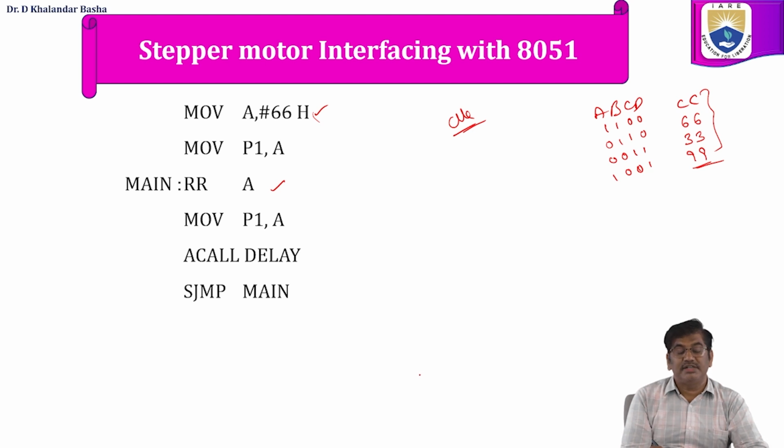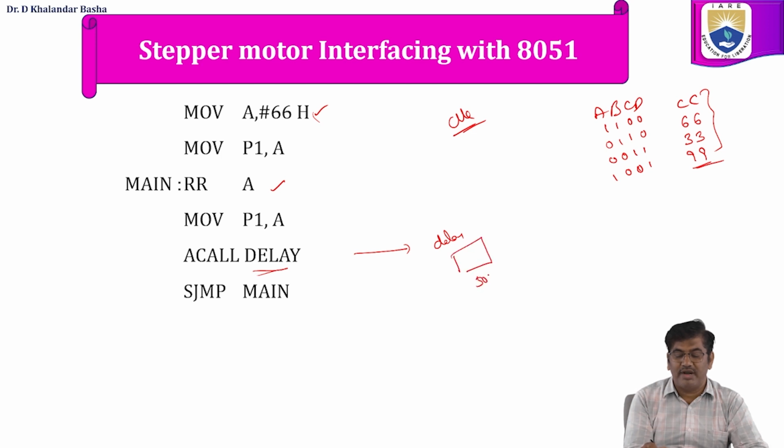The accumulator contents, which is 66, will be rotated towards the right side by 1 bit. After rotation, we are going to send the accumulator content again to port 1. After each and every clock pulse, we are going to provide some delay. So for a delay subroutine call, we use the instruction ACALL delay. When this instruction is executed, the control will be transferred to the delay program,